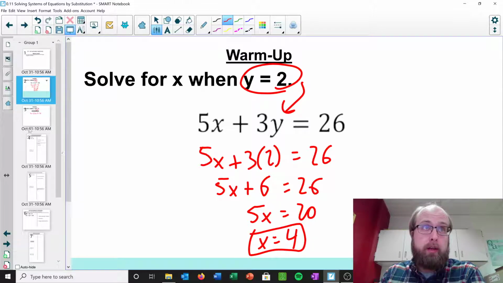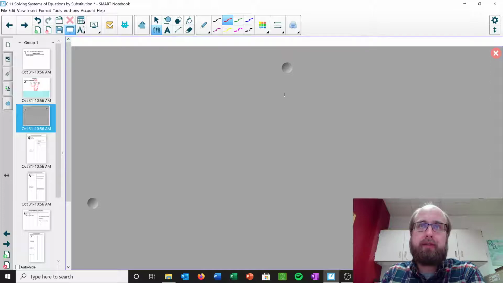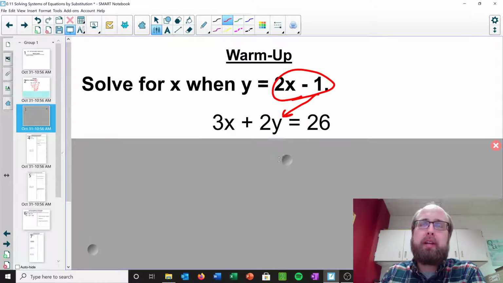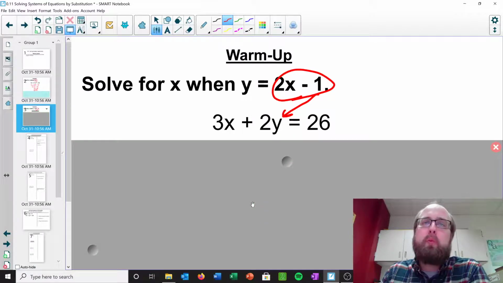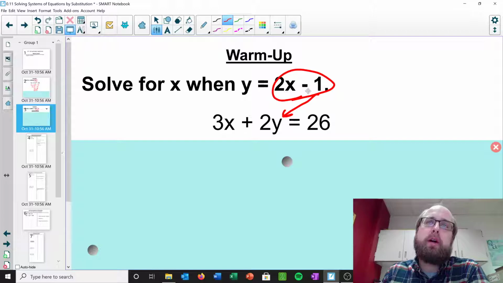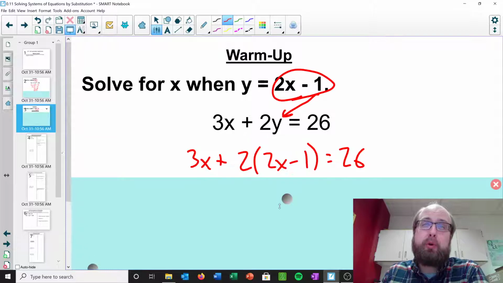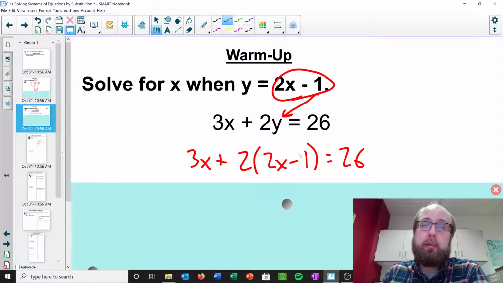Okay? Now, what if we were given a slightly similar question? But instead of having y equals 2, we would have something like y equals 2x minus 1. Well, here's the deal. We can still do this the exact same way we did it before. I know that y equals this whole thing right here. So I can take 2x minus 1 and put it in for y. Basically I would substitute that in, take the whole thing and put it in right there,